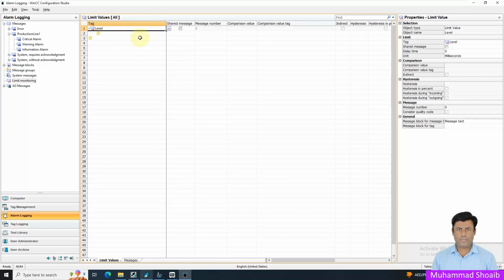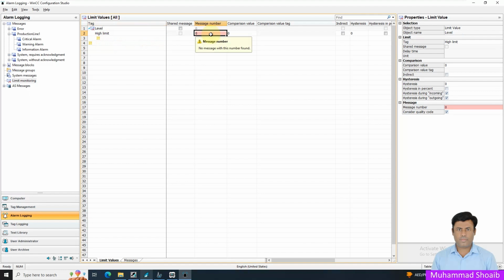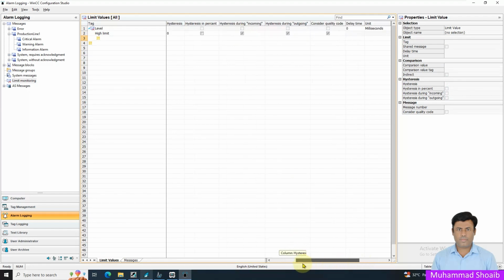Then just expand it here and select the high limit from here, and just assign it. You have to put some value greater than 10 here, and the comparison value we will put as 100, and the rest we will not change, just keep it default. Then the next